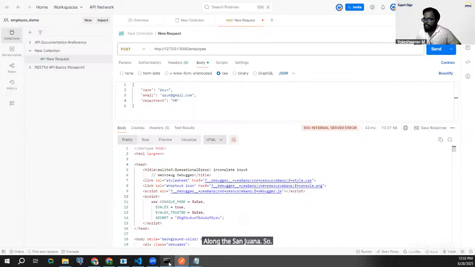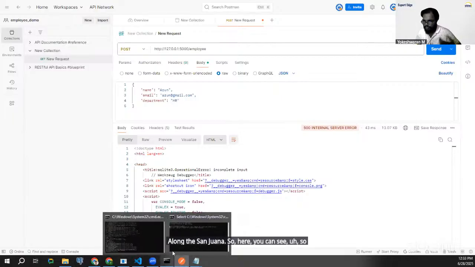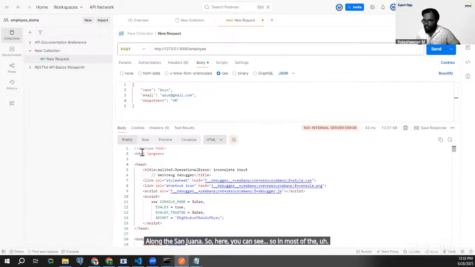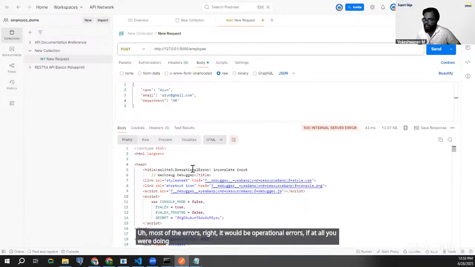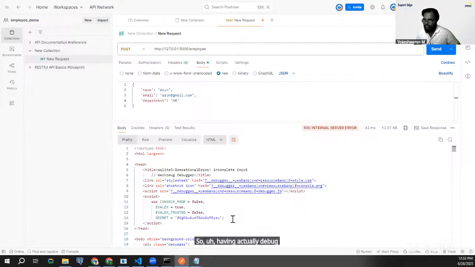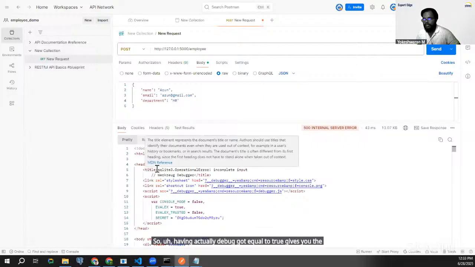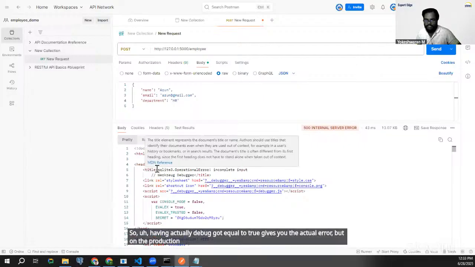So here you can see, most of the errors would be operational errors if you are doing something with your database transactions or queries, if you are making some faults with that. So having debug equal to true gives you the actual error, but